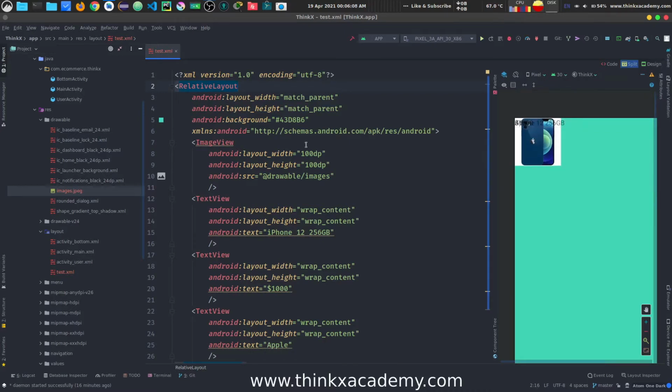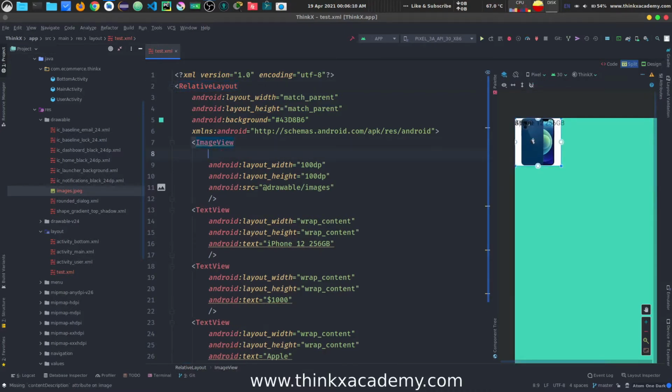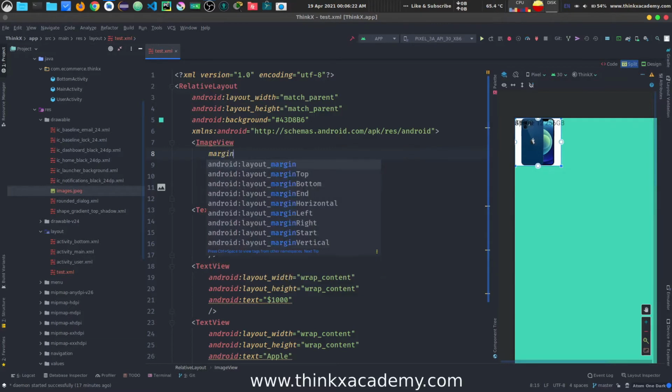First of all, I'm going to show how you can set the margins here, right? For this image we can set a margin of top, start and end. Again, we will use our common sense. I will just type margin and it will show me a bunch of suggestions. If you want a margin from all the sides, you can use layout margin and specify a margin of 10 dp, 20 dp, something like that.